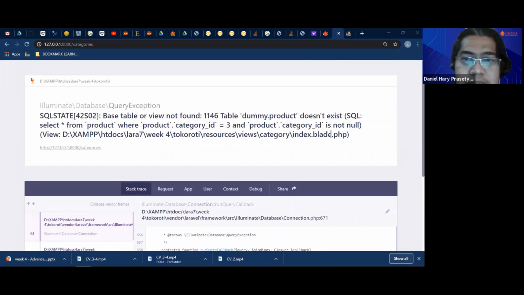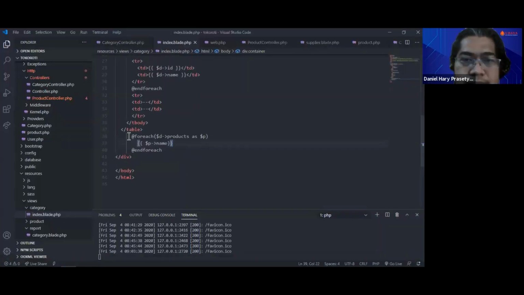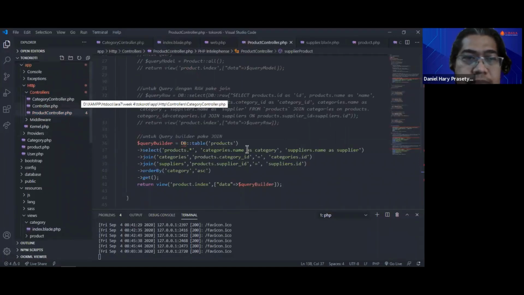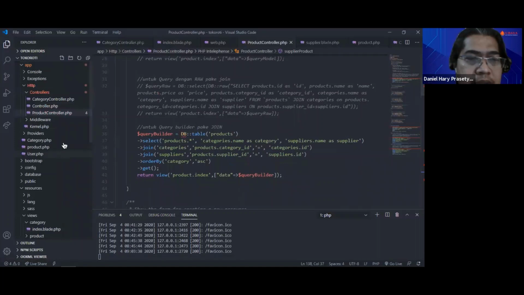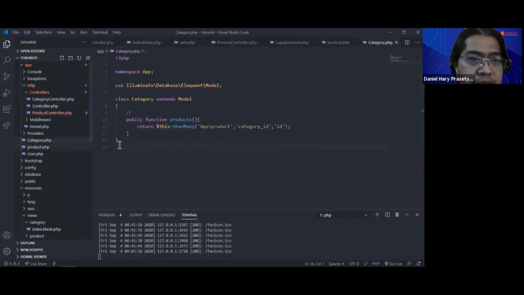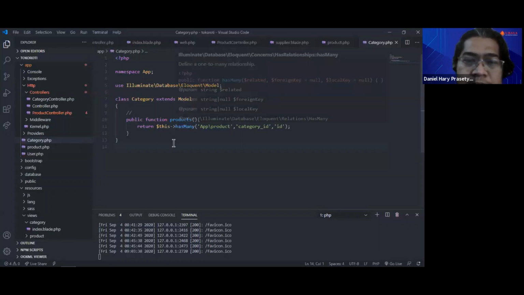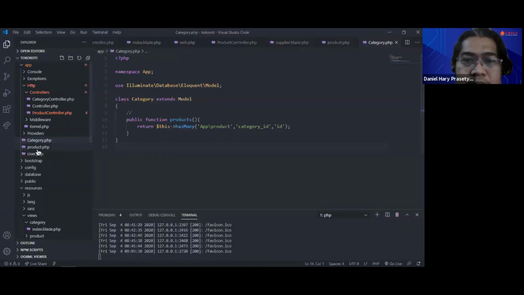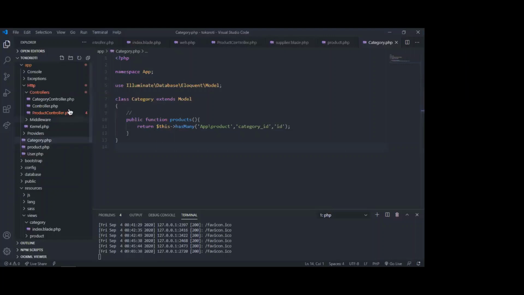Table products, maybe you have to put S. In category model, has many, it's a product with capital P. My model is lowercase p, sir. Oh, lowercase. Okay.